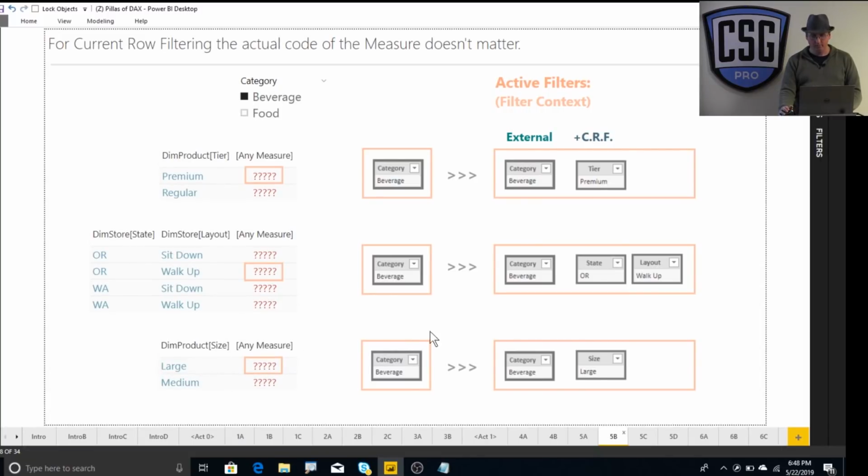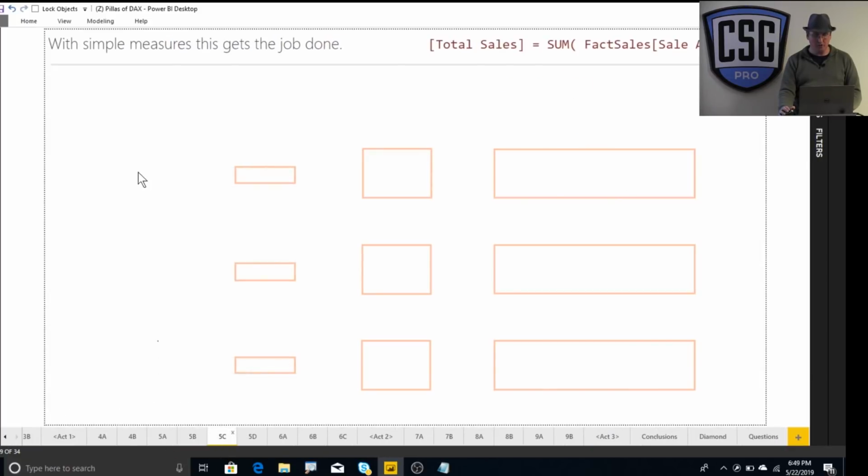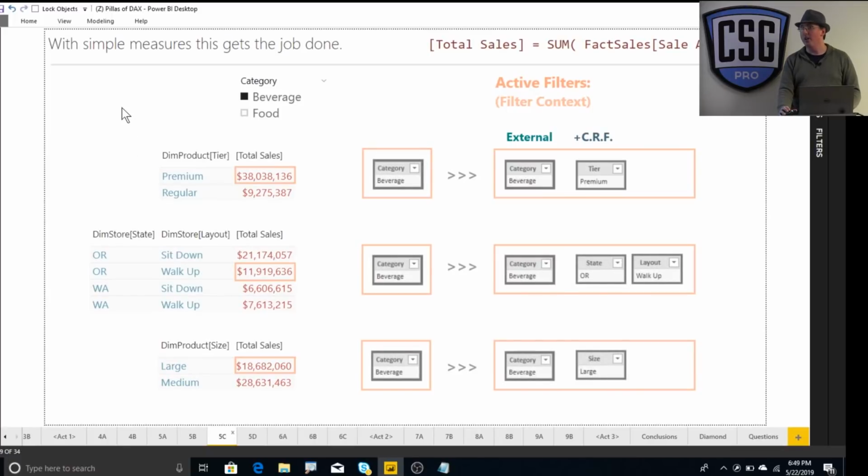Okay? So I just want to take a second to really point out that for most simple measures, this gets the job done, right? This is why when you write a simple measure like total sales equals sum of the sales amount column, it works everywhere you want to use it, because for every single cell in a summary table, it's taking the values of the current row, adding them as filters, and then you get the right answer, like magic. This is how it works. Okay? However,